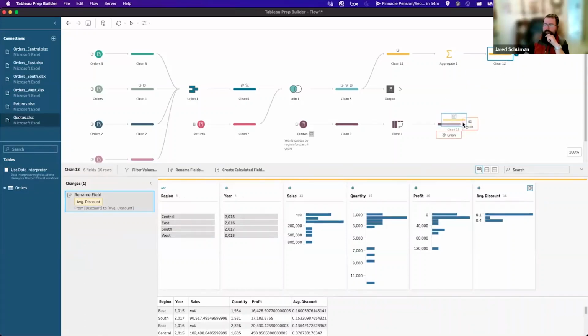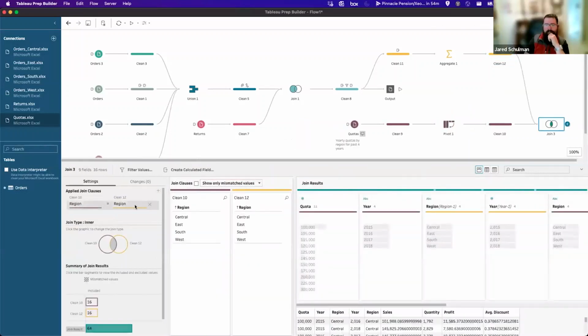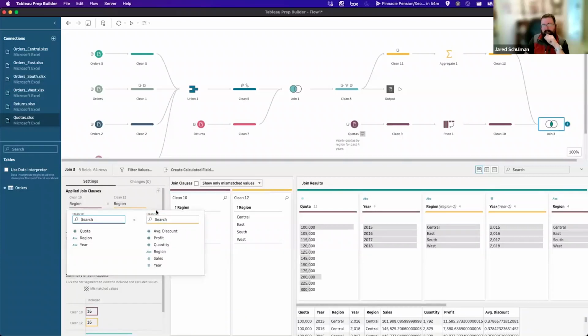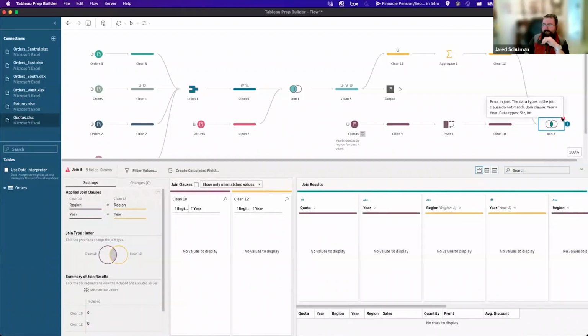If we bring this down here, we can join. And it's going to default to region. That's great, but we also want to know by year. And if you notice, we've got year coming from clean 10 as a string with that ABC and as a number from clean 12. So if we try to join on those, it's going to throw an error at us and say, hey, this is a type mismatch. This is a string and an integer. Those need to match. So what we can do is